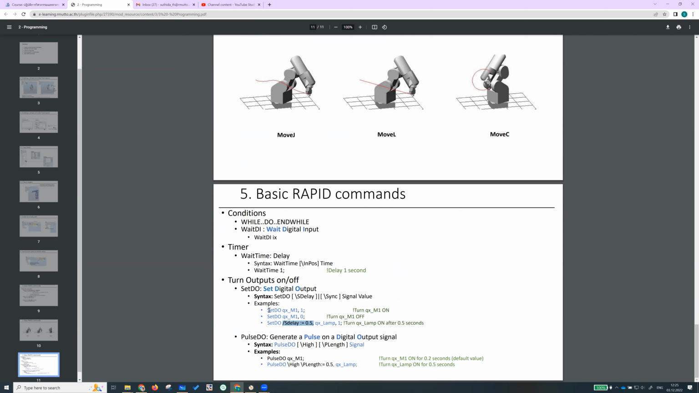So this set digital output with delay is similar to pulse do. Pulse is just to generate a pulse